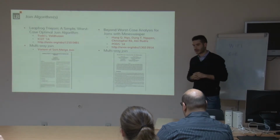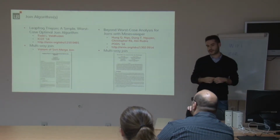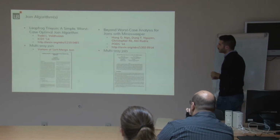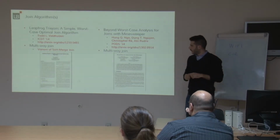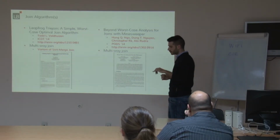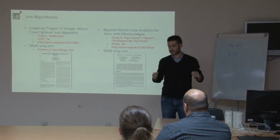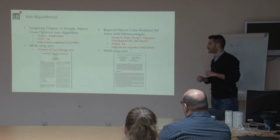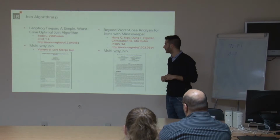Probably we all agree here that the current pairwise joins of most relational databases are not sufficient for all different workloads. That's why LogicBlox uses a novel join algorithm. It's called leapfrog triejoin. It's a worst-case optimal join algorithm, and it does multi-way joins. So it joins all query predicates, relations simultaneously. You can imagine it as a variant of a sort-merge join,